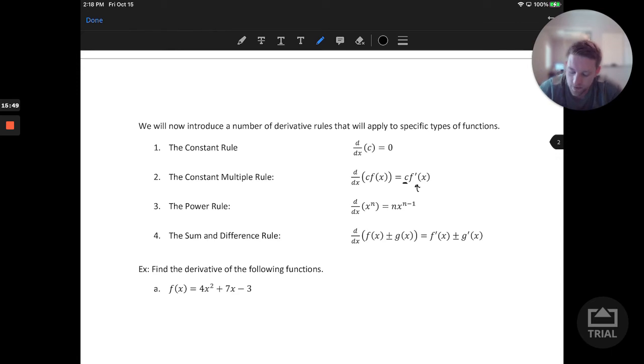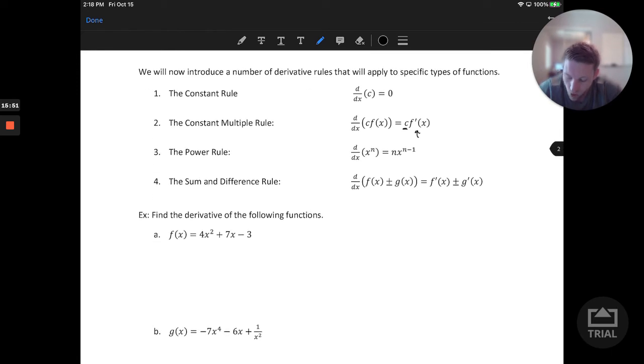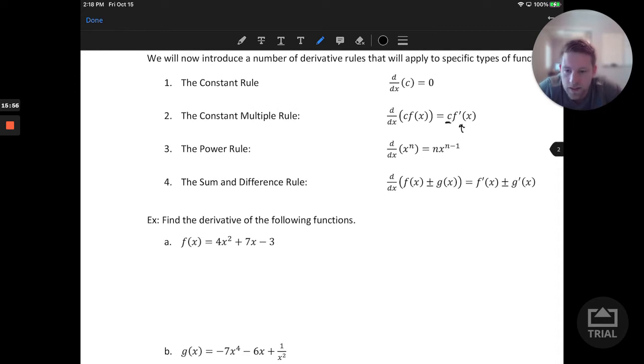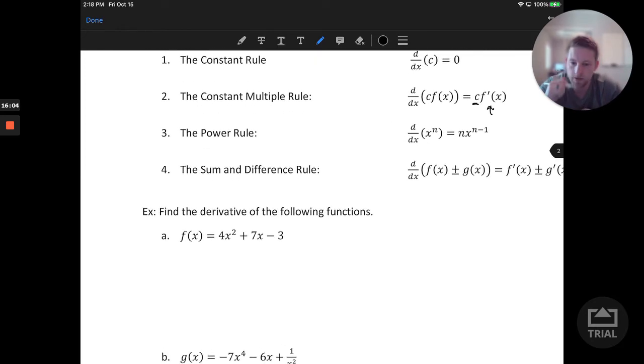So let's consider all of these rules in this function here. We have the f function in part A, which is 4x squared plus 7x minus 3. If I consider this to start out, my notation here would be, again, f prime of x as its derivative